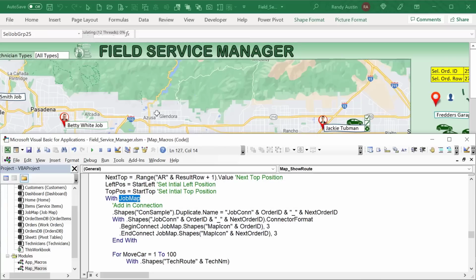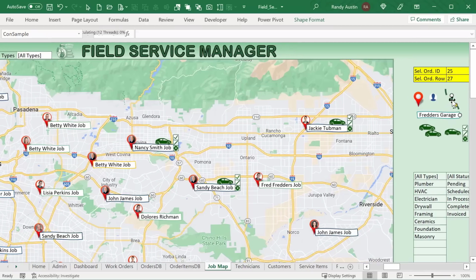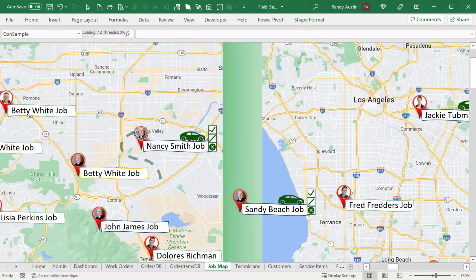And we want to add in the connectors too. Those connectors are samples. I've got a connector here called connector sample. And what I want to do is take this connector. Let's duplicate it here just for the fun of it. And I want to take this connector and connect it to the two jobs. So let's zoom in. Let's just say these two jobs are connected. I want to connect this to this connector. So this particular map icon, I want to connect it to this,